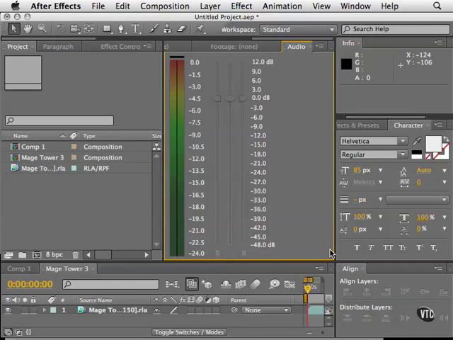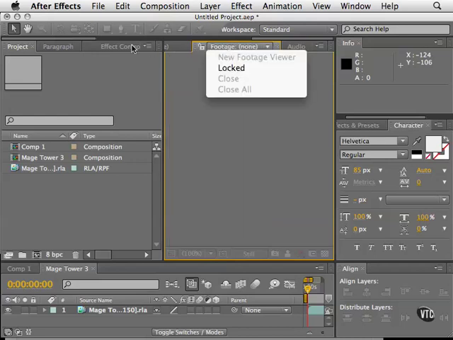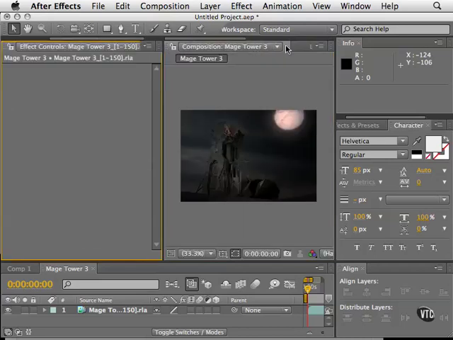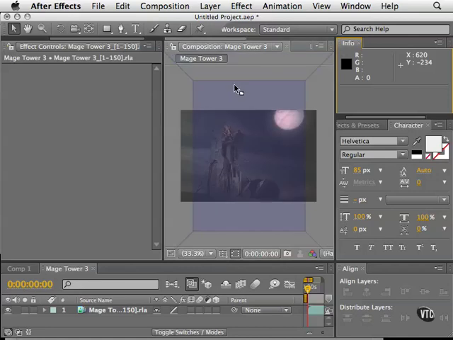The panels in After Effects can be set to hover, to occupy their own frame, or to live in another frame. If you look at the panels, they have several things in common. First of all, you click on a panel to get the yellow border, and you'll notice that panels have these little dots on the upper left-hand corner. These are called grippers. And if I grab a gripper, I can tear the panel away from its current location,